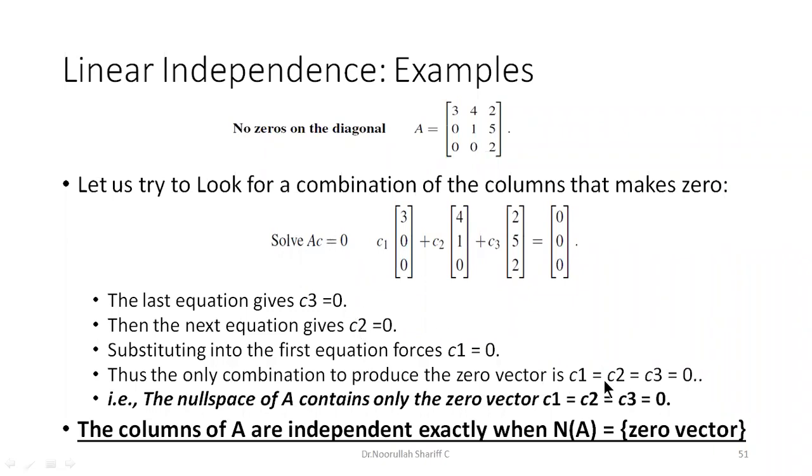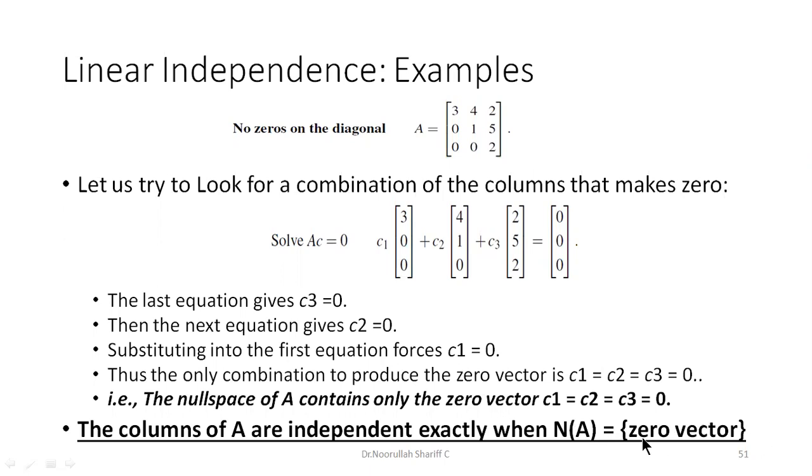Now the values of C are C1 equal to C2 equal to C3 equal to 0. Therefore, the null space here contains the 0 vector, C1 equal to C2 equal to C3 equal to 0. Okay, the null space contains a vector. Don't confuse this with V1, V2, V3. V1, V2, V3 are vectors corresponding to A, right? A vector which corresponds to C1, C2, C3, C4 is going to get us a 0 vector. That just means that the columns of A are independent exactly when the null space of A is a 0 vector.